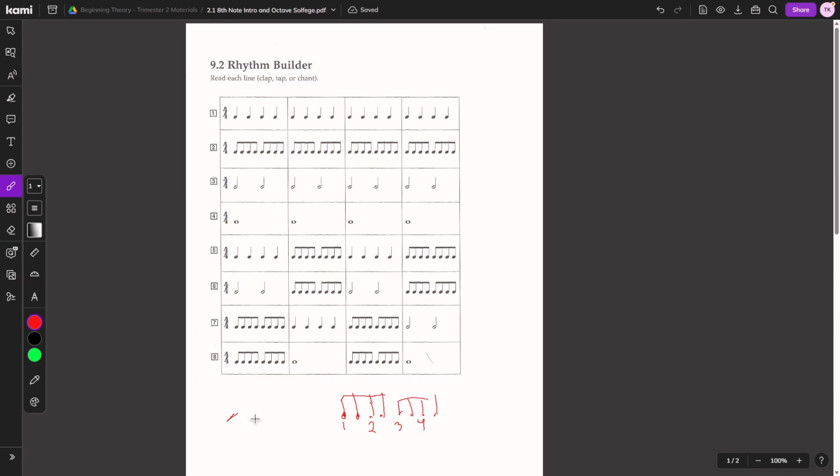Sometimes though, you're gonna see groupings of 2 eighth notes like this. 1, 2. This is exactly the same as this, except in how they look. Those are equivalent to each other. I like this a little bit more when I'm writing. If it's really fast, sometimes we'll do this, but I like this because it preserves the structure of the beat